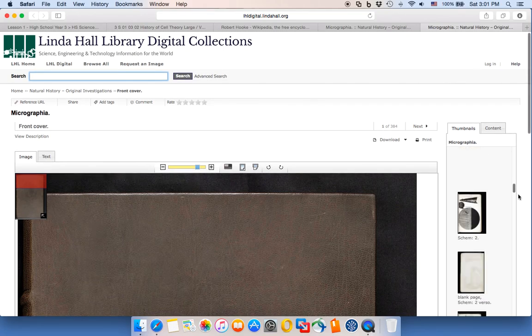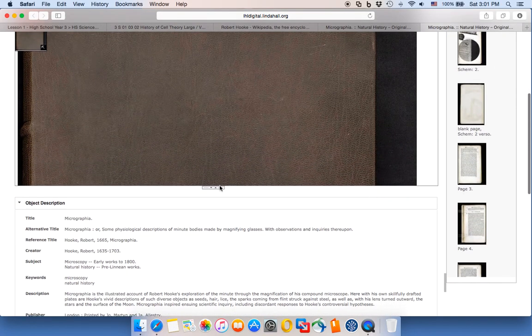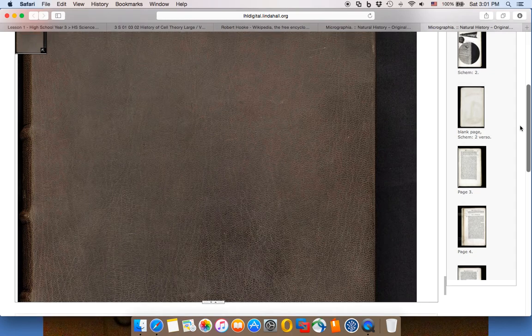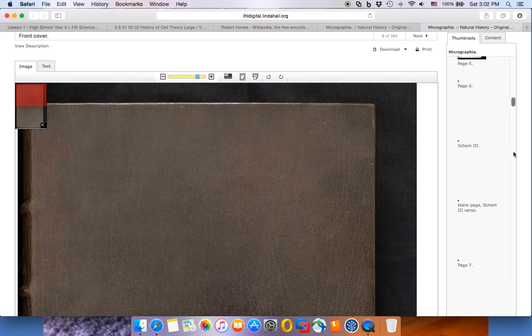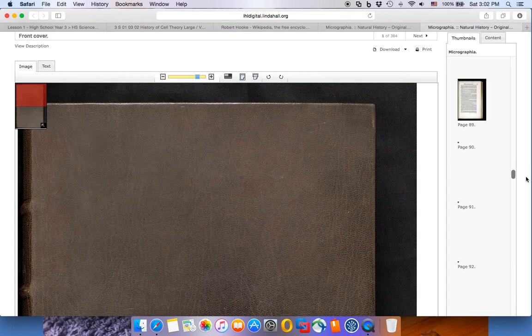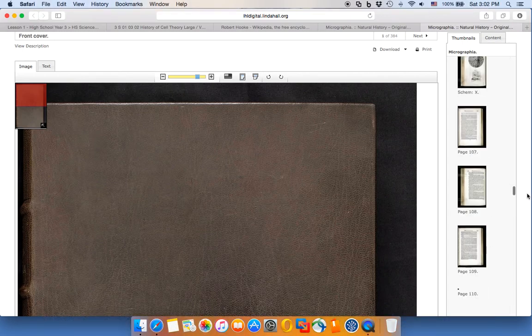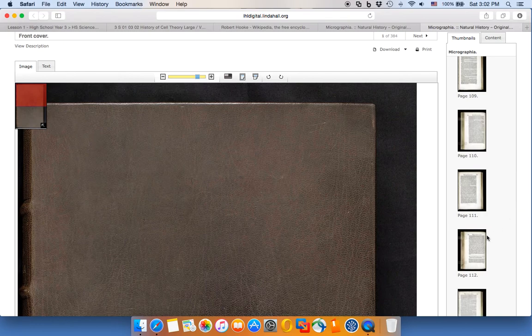112. Okay, let's increase the size of this window here. All right, and scroll. Okay, here we have the scroll bar, page 112. This is the page where actually, okay,